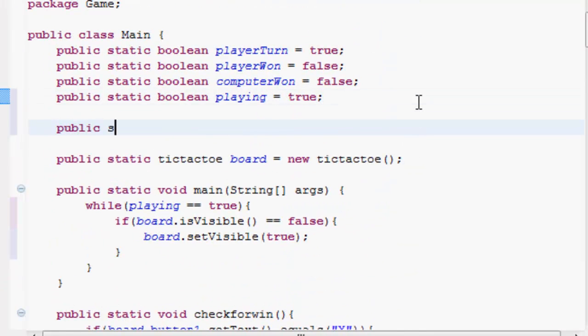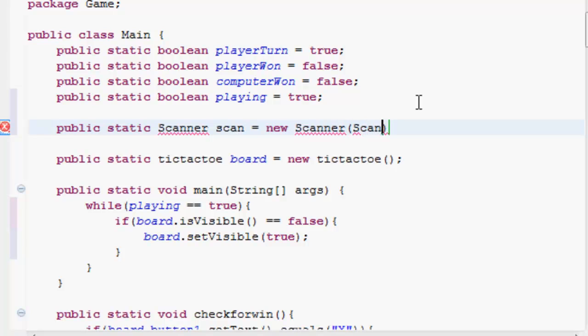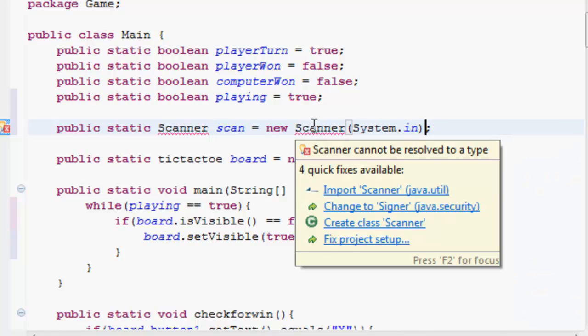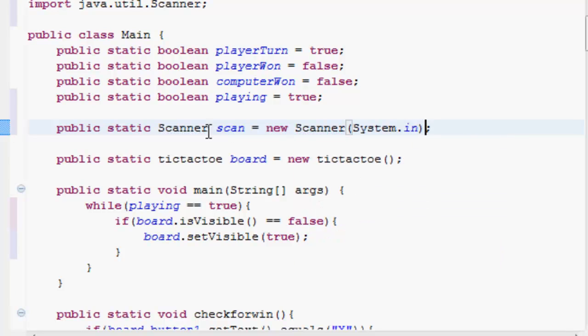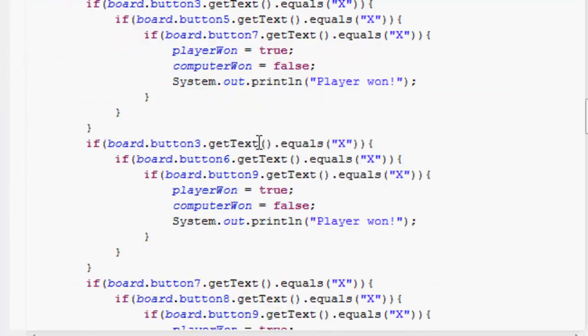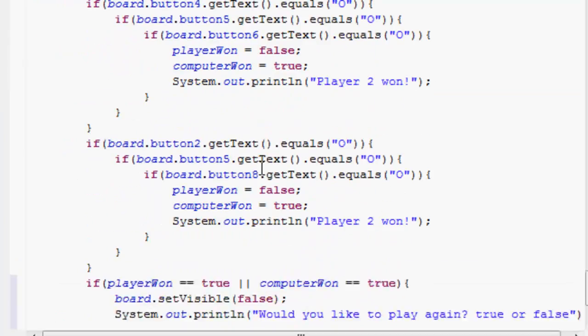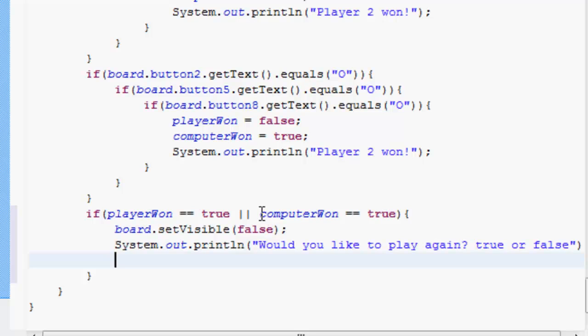Public static Scanner scan equals new Scanner(System.in). Import it. So now we have a scan method, and then we go down to the bottom, scan dot